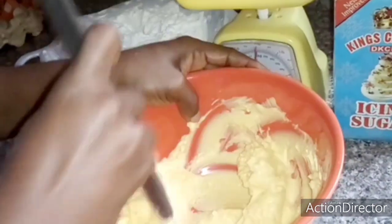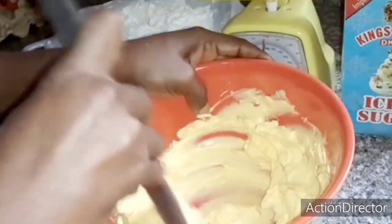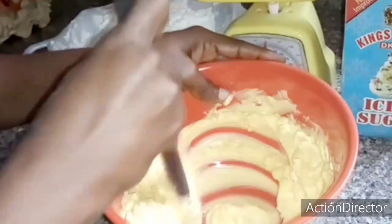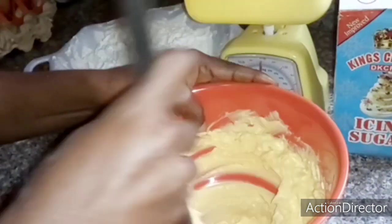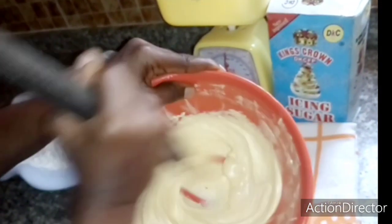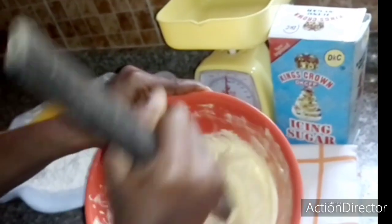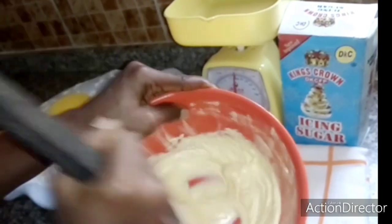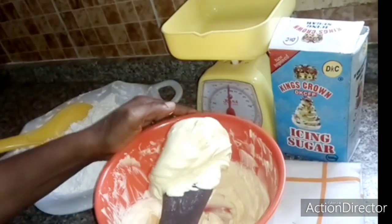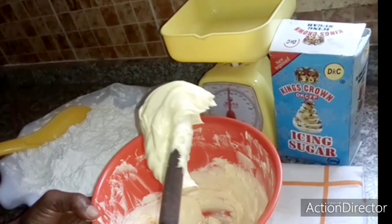Very easy to mix. You cream it very well until it is whitish in color. See how creamy it is. So it is ready now